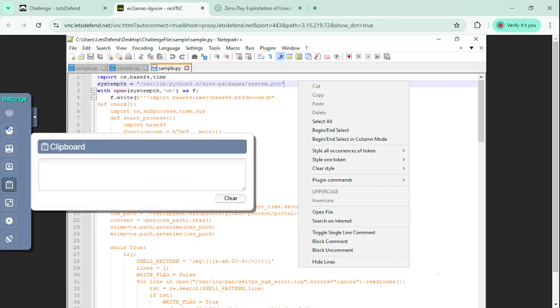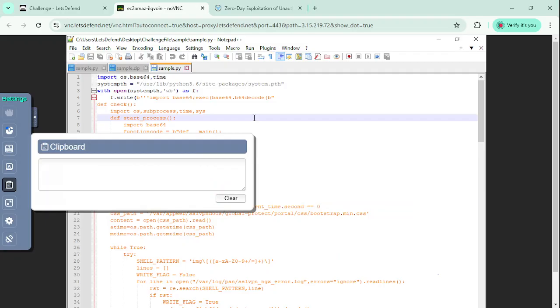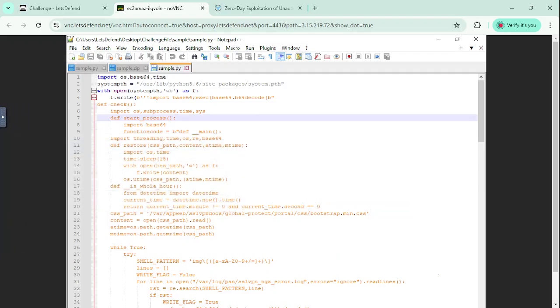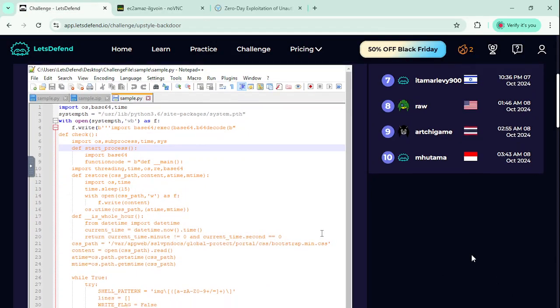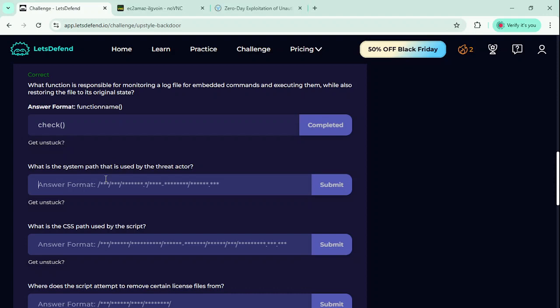Come to clipboard. There's nothing in clipboard. Okay. Let me close this. Okay, I'll just type it because that should be